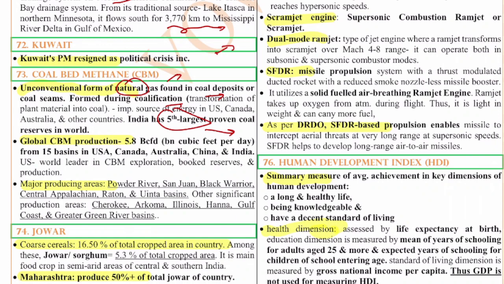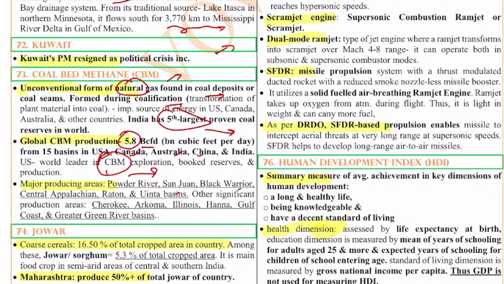Global coal bed methane production, if you see, is 5.8 BCFD, that means billion cubic feet per day, from 15 basins in US, Canada, Australia, China and India. USA is the world leader in this coal bed methane exploration, the booked reserves and production. And the major producing areas are Powder River, the San Juan, the Black Warrior, the Central Appalachian, the Raton, Uinta,